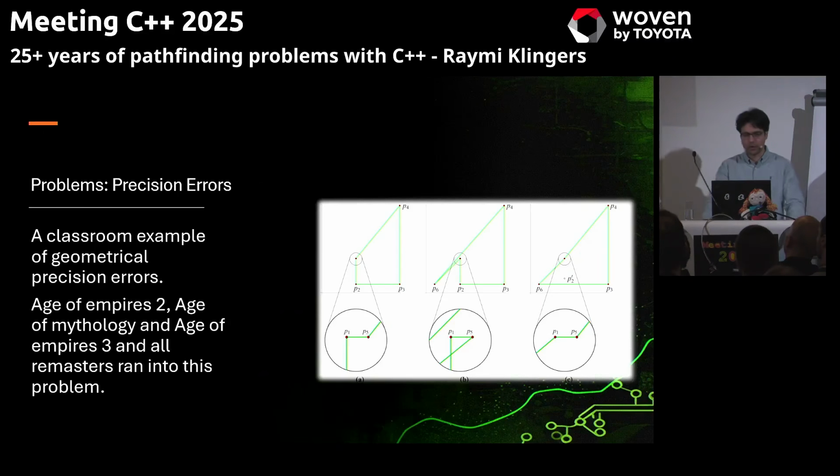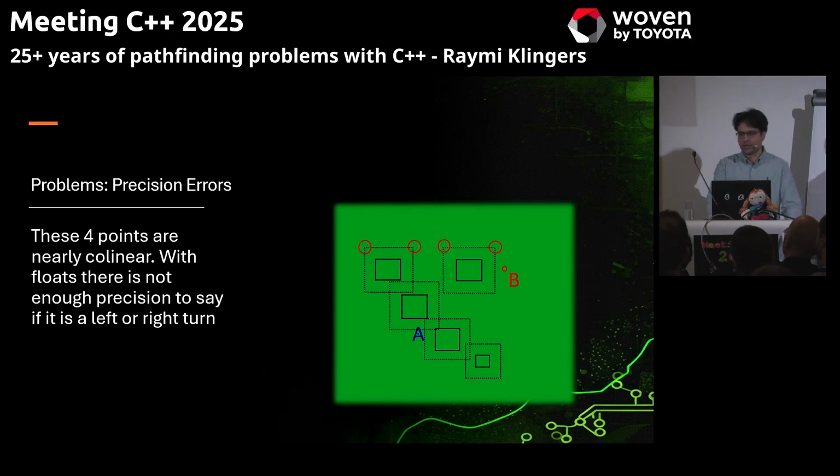And the way the gift wrapping algorithm basically works, it takes 3 points and it decides, are we making a left turn or are we making a right turn? If we're making a left turn, then we can discard the middle point. If we're making a right turn, then, well, we must keep this point. Age of Empires 2, 3, and Age of Mythology all suffered from this problem. Now, one thing is weird, though, that for some reason they started to occur more recently, and we didn't know why.